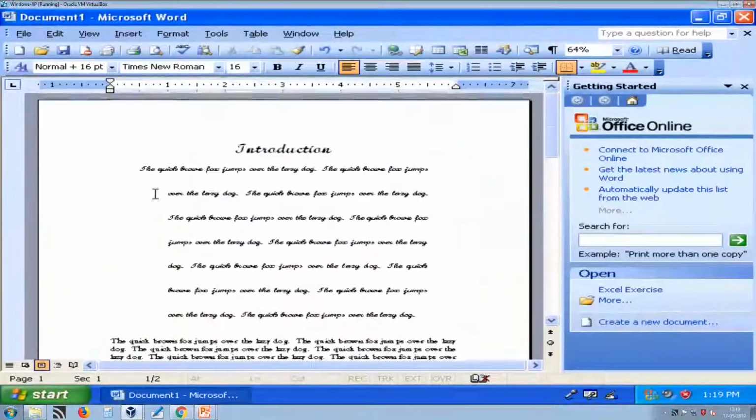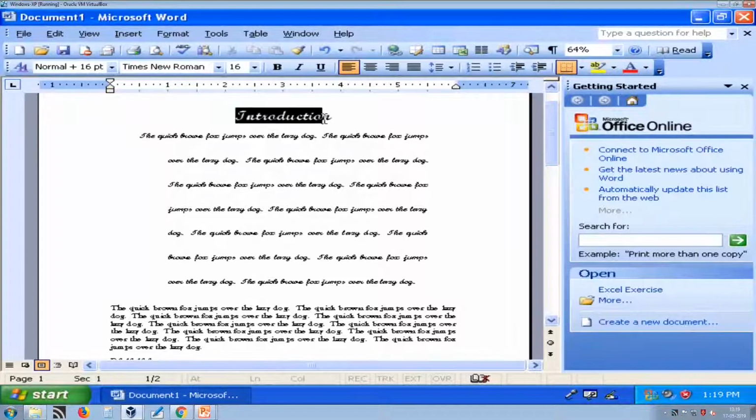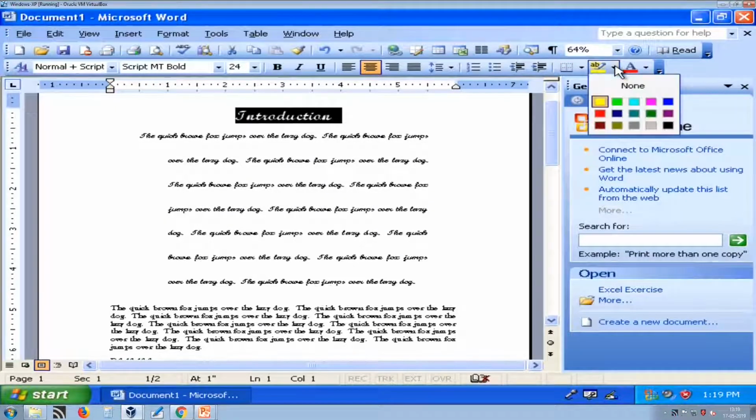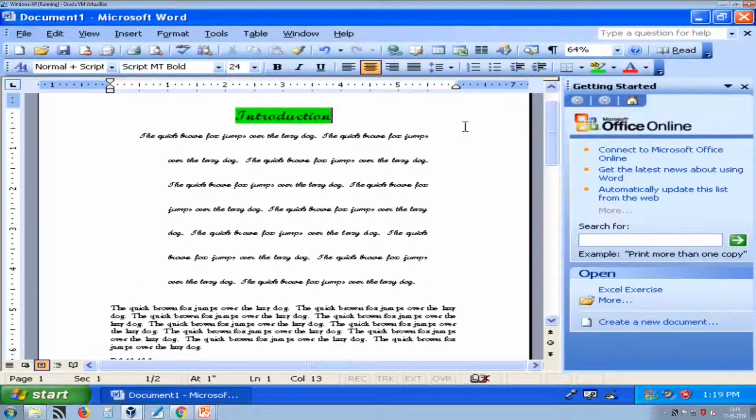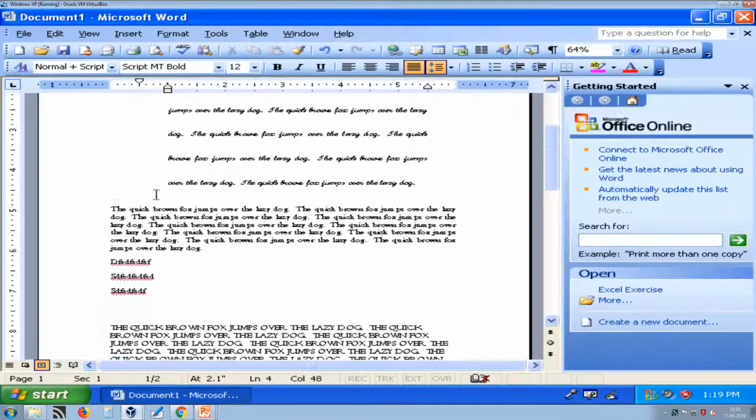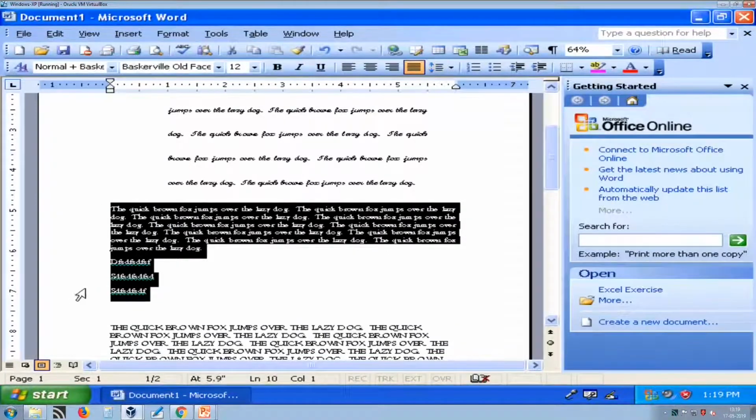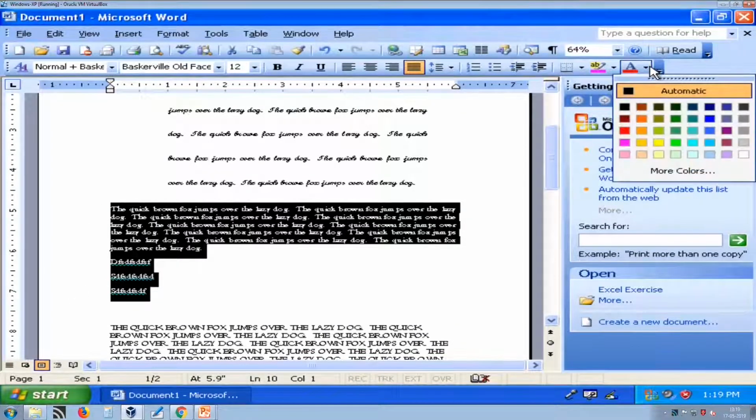Now, suppose I want to highlight something, for that I can use this highlighter. Here you can see I can highlight my text, and you can change your text color. Select the text for which you want to change the color, and then select the color.